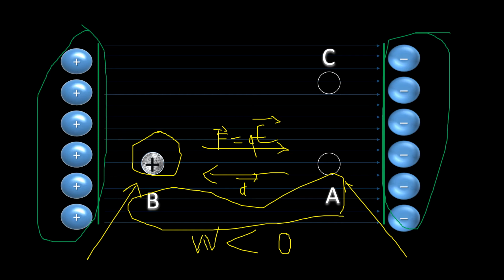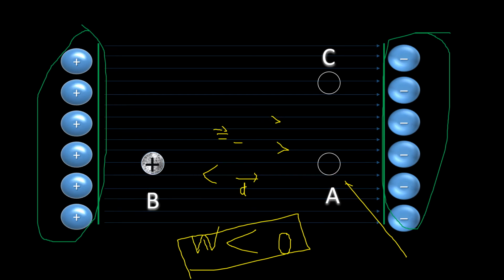Okay, so if you are asked out of A and B at which point potential energy will be more, just look at the comfort level of the charge. At B point, if it is not comfortable, its potential energy should be more at B point, right? And the formula is also suggesting the same thing. Work done to go from A to B is negative, so change in potential energy is positive, and potential energy of the charge increases.